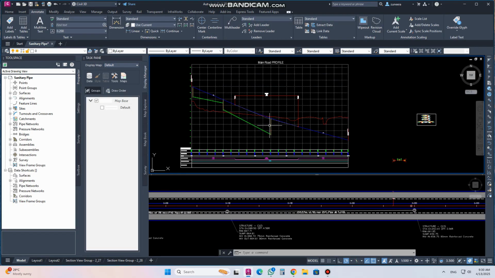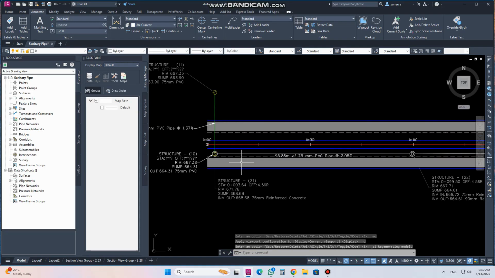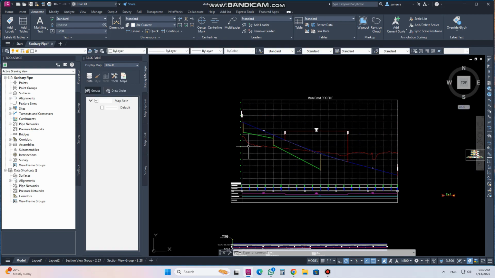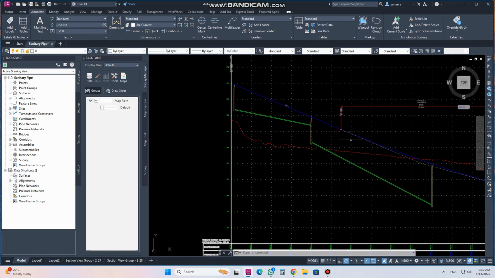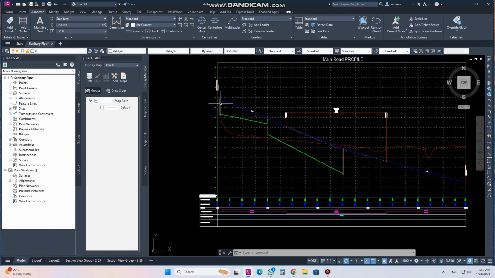So now after adding this new manhole, what should we do? We need a label here in the plan. Already we put labels here. So if you want to put in the profile, what should you do? And to put the label in the profile, we must